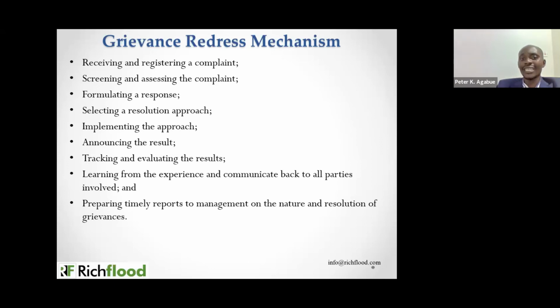So there is need for you to screen all of their complaints, and then there is need for you to also formulate a response, select a resolution approach, and then implement the approach, announcing the results openly for the sake of transparency, and tracking and evaluating the results, learning from the experience and communicating back to all parties involved, preparing a timely report to management on the nature and the